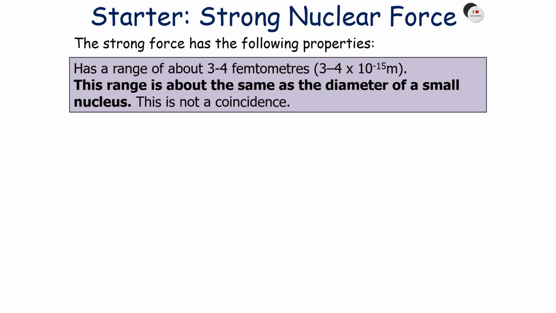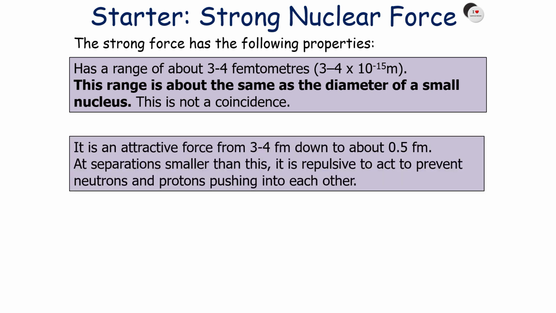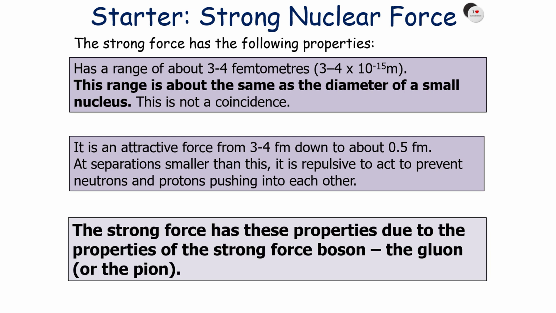Now the strong nuclear force has the following properties. It's got about a range of 3 to 4 femtometers. Now femtometer means 10 to the minus 15 meters. Now this range is about the same as the diameter of a small nucleus. Now it's an attractive force from about 3 to 4 femtometers down to about 0.5 femtometers. At separations smaller than this, it's a repulsive force, so it prevents neutrons and protons from pushing into each other any further. Now finally, the strong force has these properties due to the properties of the strong force boson, its